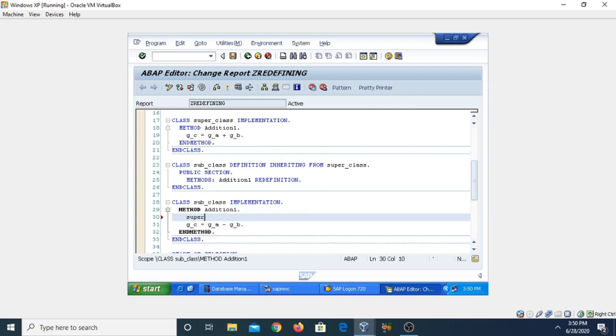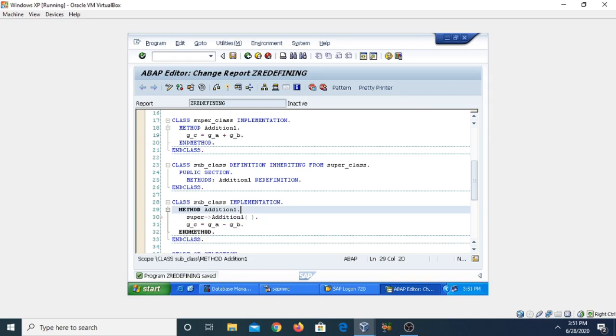This is super, and then we are going to call the method, which is our addition1, and you can also pass the parameters here. By this way you can call the superclass method, but here we need to pass some parameters.